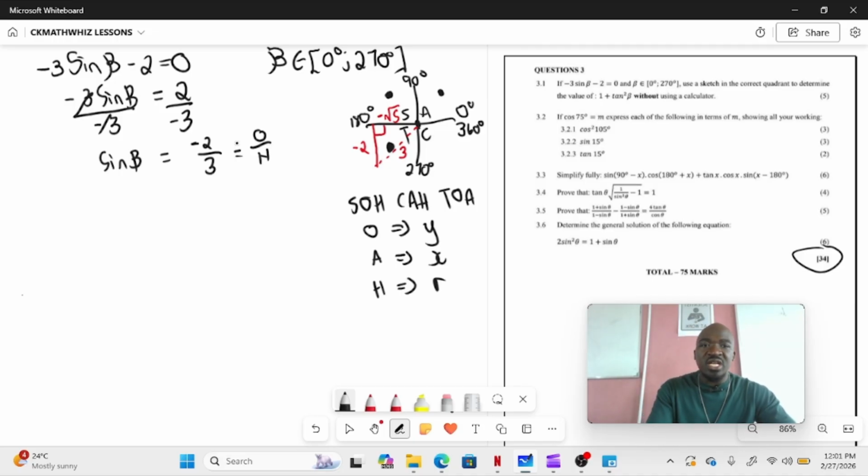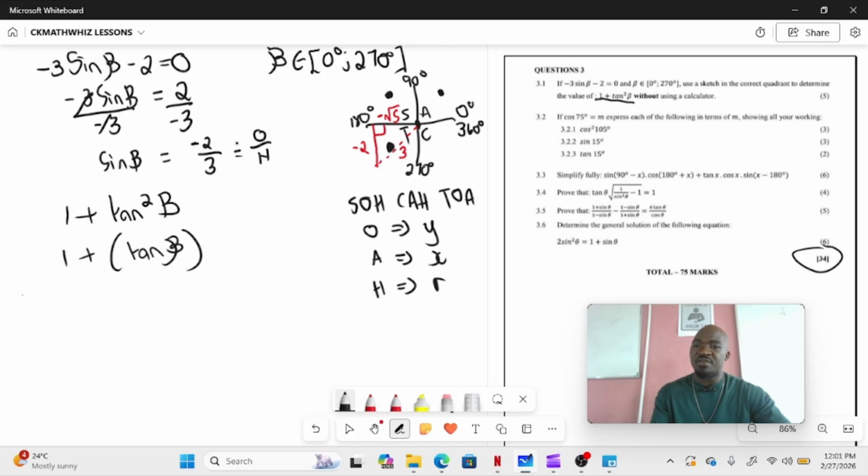Remember now, on here we're supposed to find 1 plus tan squared beta. So this is 1 plus, we can open brackets and put tan beta squared. What is tan? Tan is opposite over adjacent, which is negative 2 over our adjacent, which is negative root 5,